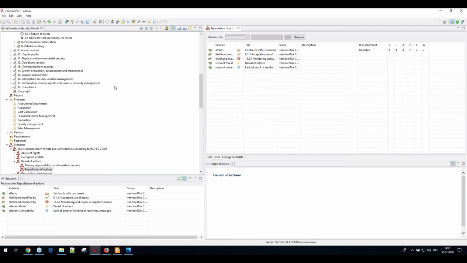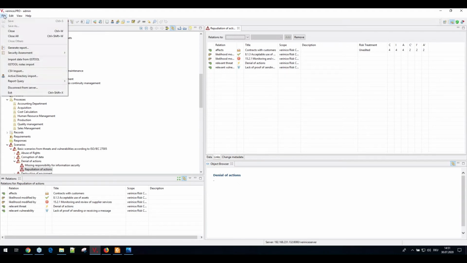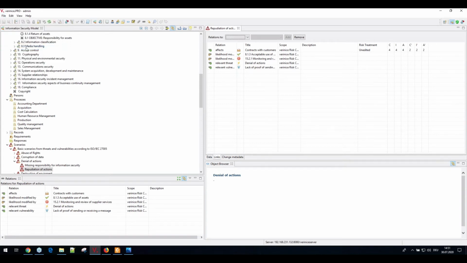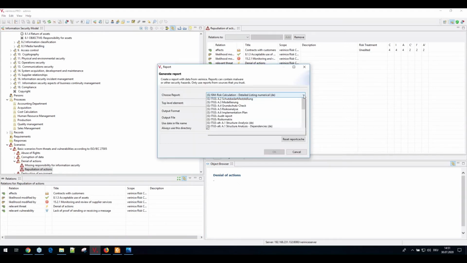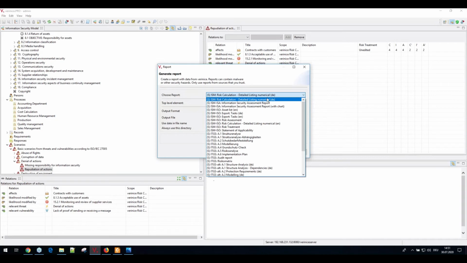And that's where we are going to look at one report. To cover that, verinice has the possibility to generate reports, of course, and there is a whole lot of ready-to-use report templates for the various perspectives. So there are the baseline reports, of course, and there are a whole lot of report templates for the ISM perspective, and of course, risk assessment, risk calculation, risk treatment,